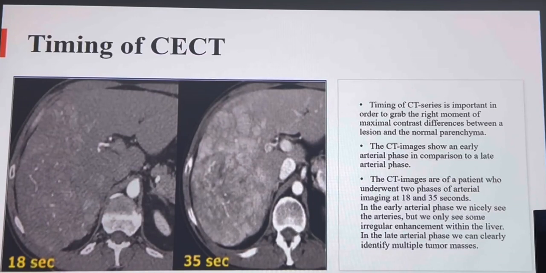These are our phases. I hope you understand what the phases are, what the aim of each phase is, the type of the phase, and the benefit of the phase for me and for the reporting doctor. This is a simple example, we go through it. This is an early arterial contrast enhancement of the liver, at 18 seconds. You notice maximum contrast in the artery, no contrast in the vein, and patchy minimal enhancement in the liver, right